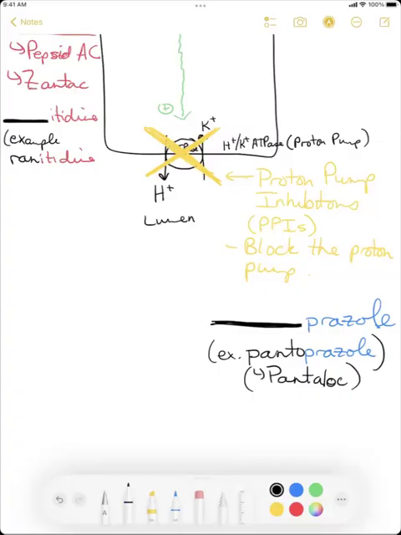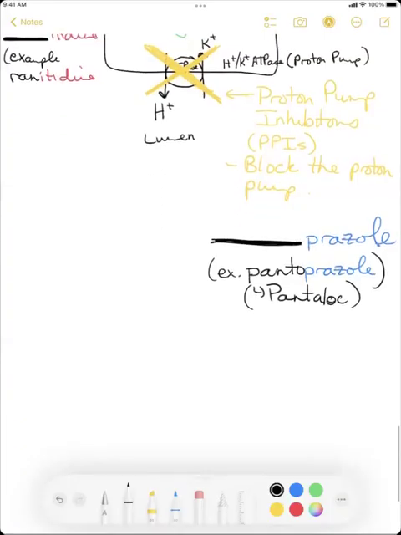The problem is that there are long-term side effects with proton pump inhibitors. They can lead to osteoporosis. They can lead to a B12 deficiency. Over the long term, there seems to be an elevation in gastrin levels, which can be dangerous to the lining of the stomach. But it's a bit of a catch-22, because if you don't reduce the acid, there's a risk that the acid will burn your esophagus and it can lead to esophageal cancer. But then if you take these long-term, there are complications with it. It's all about a balanced risk-benefit analysis.